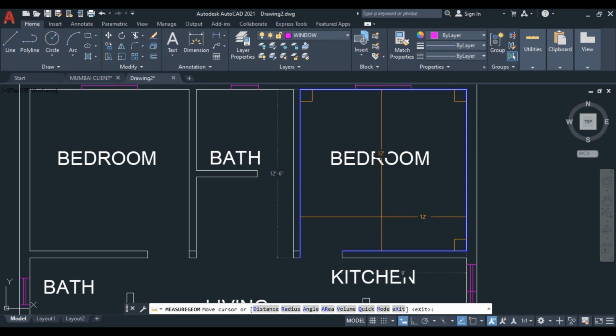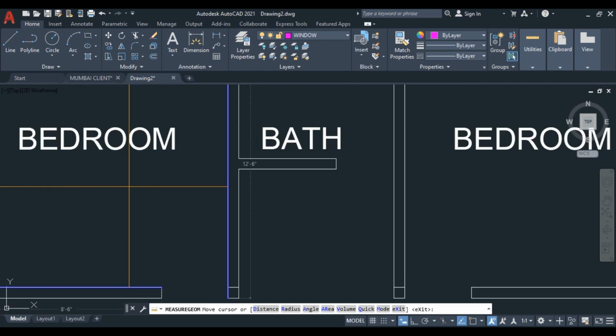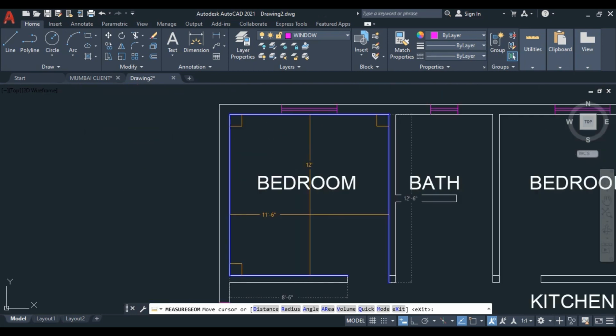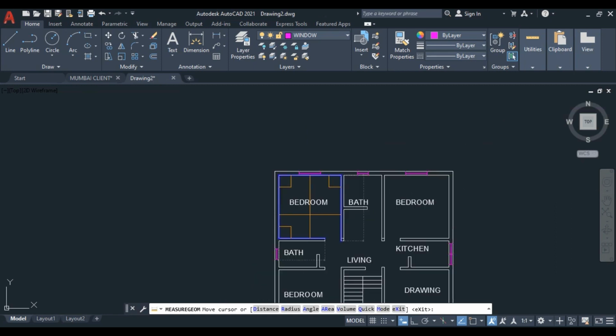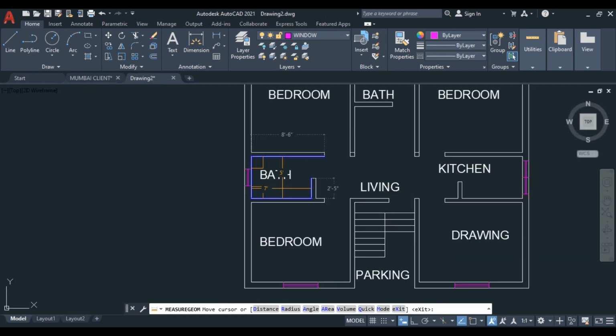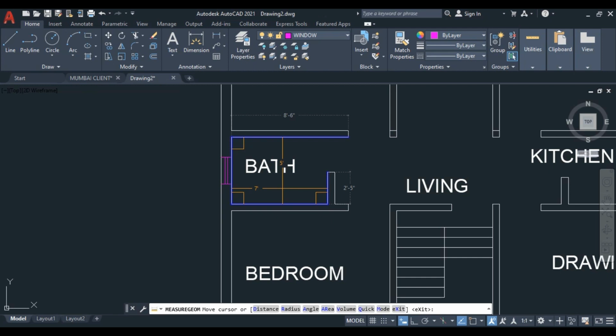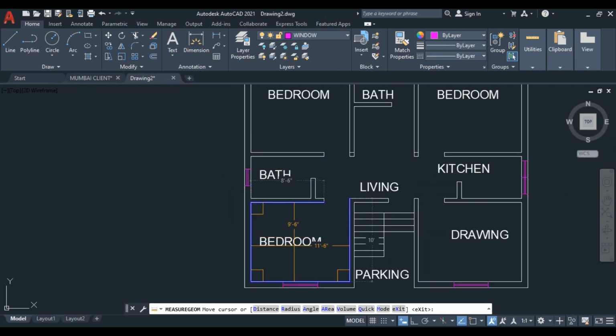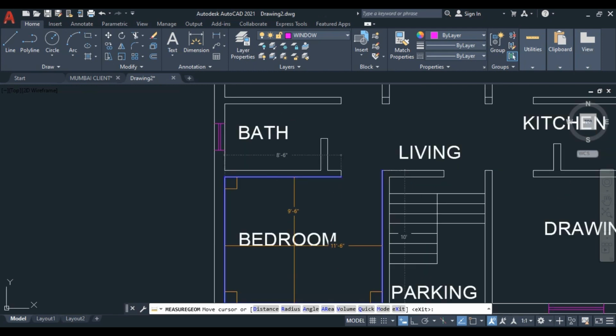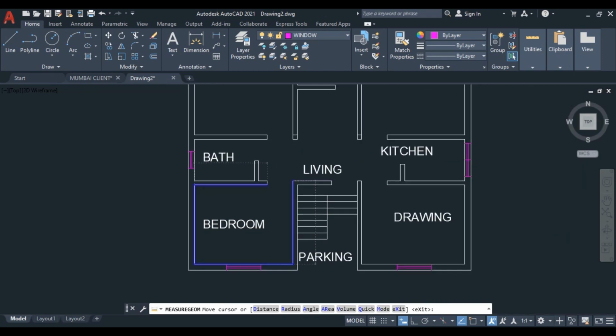So here 12 into 12, here it is 7 feet into 6 feet. This dimension is for the bedroom, 11 feet 6 inch into 12 feet. This area dimension 7 feet into 5 feet. Here 11 feet 6 inch into 9 feet 6 inch.